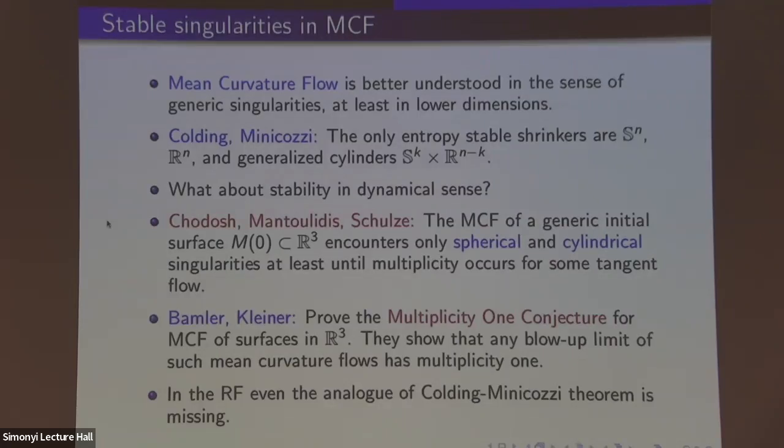What does this mean? Let's say that you don't have any multiplicities of the tangent flow, so that all singularity models come with multiplicity 1. Then all you can get are either spherical or cylindrical singularities. So all these singularity models have to be either the round sphere or the round cylinder, okay? Not for every M_0, but